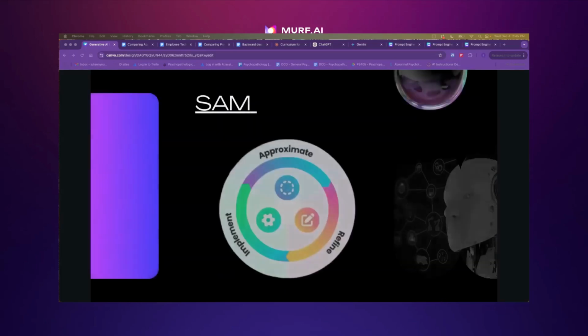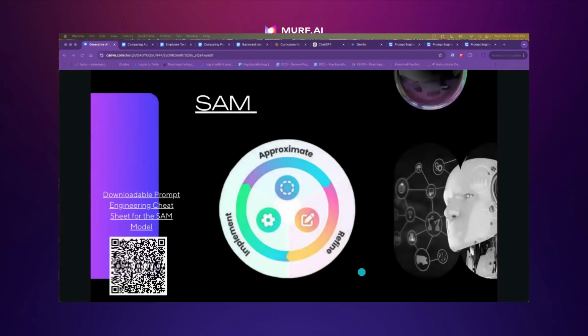All right, we're briefly going to also look at SAM. SAM is the successive approximation model. This is the model I used to like more than ADDIE. Now they're sort of even for me. Basically, you